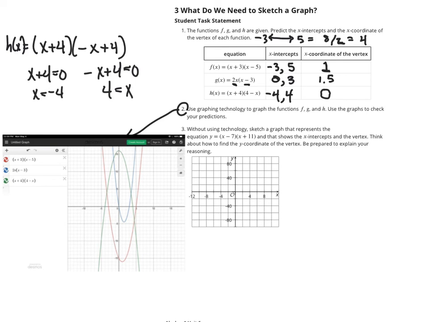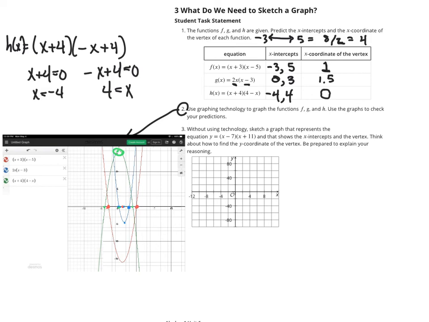Cool, I should have made all those marks in red. And g of x is in blue. I had an x-intercept of 0, an x-intercept of 3, and an x-coordinate for the vertex of 1.5, which you can see right there. And in green, I had a negative 4, a positive 4, and an x-coordinate for the vertex of 0. They all worked out. And that was the last slide. Oh wait,